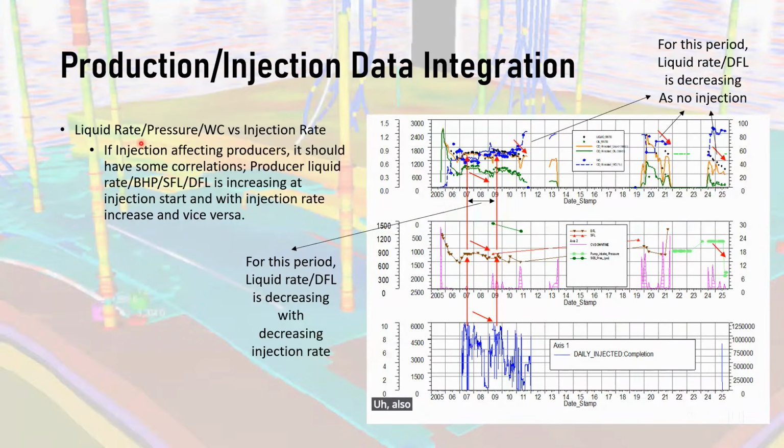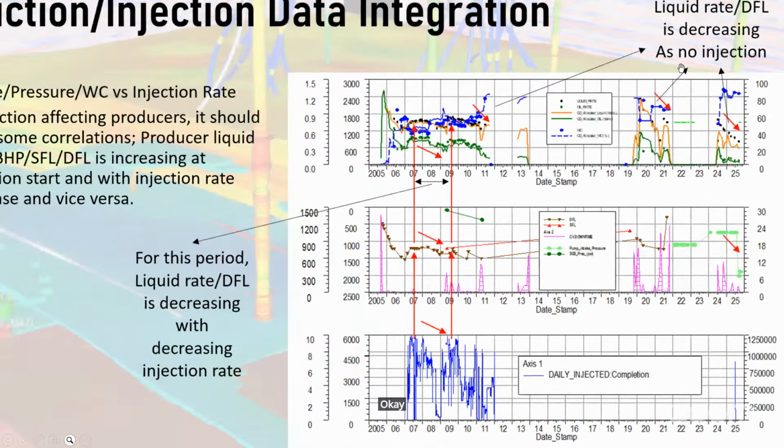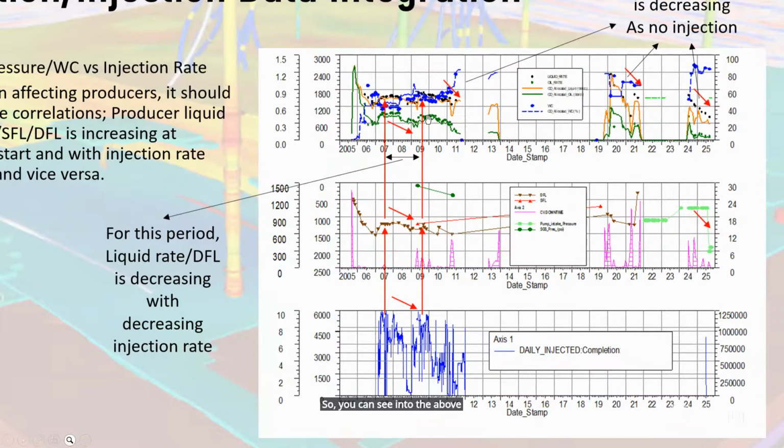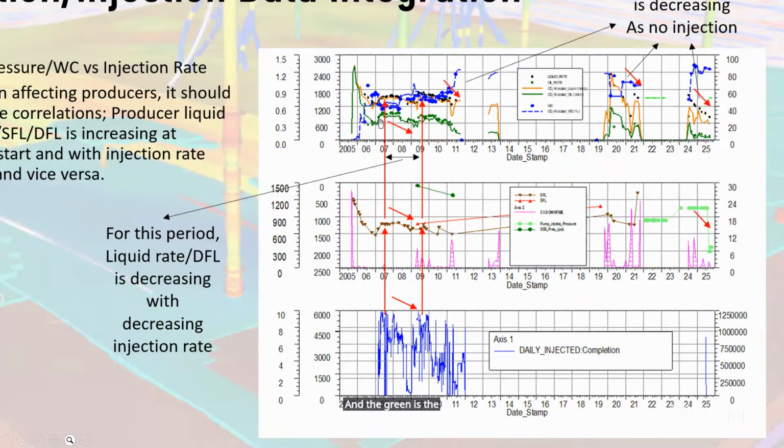Also, another example is the integration between the production and the injection data. For example, you can see this example of a certain well, or two wells. One is a producer, the top chart for the producer, and this chart for the injector. So you can see in the above chart we are plotting the orange here. The orange represents the allocated liquid volume, the liquid. The green is the oil, and the blue here